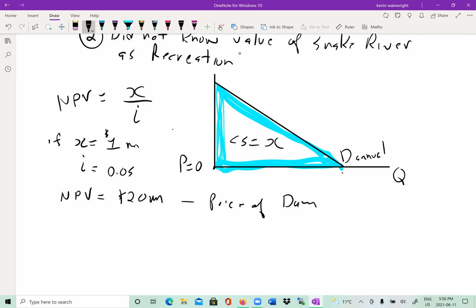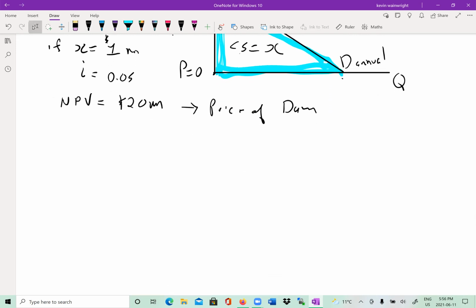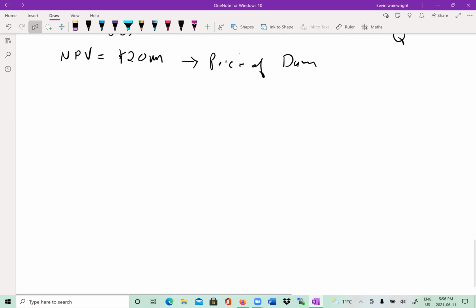In this case, it turned out that the recreational property value was greater than the value of the dam, and they opted to not build the dam because the economics said it was more valuable as recreational property. Okay. So that's another example. Another example, example 3, closer to home, is